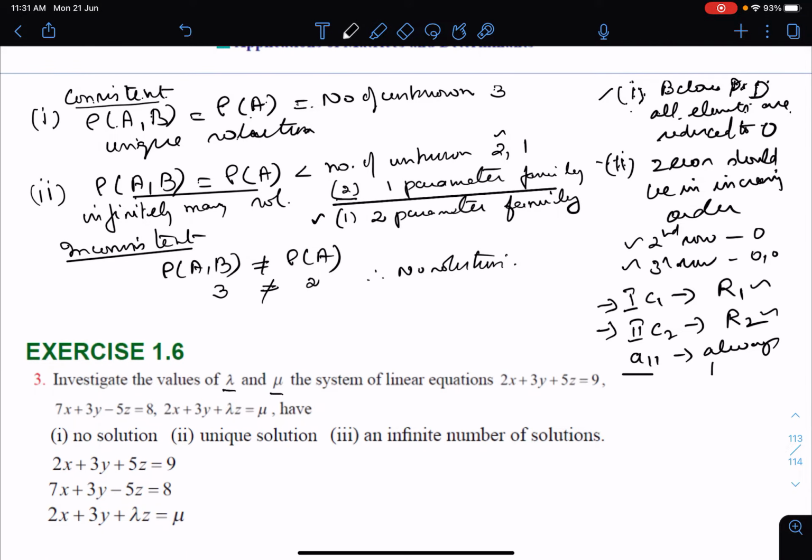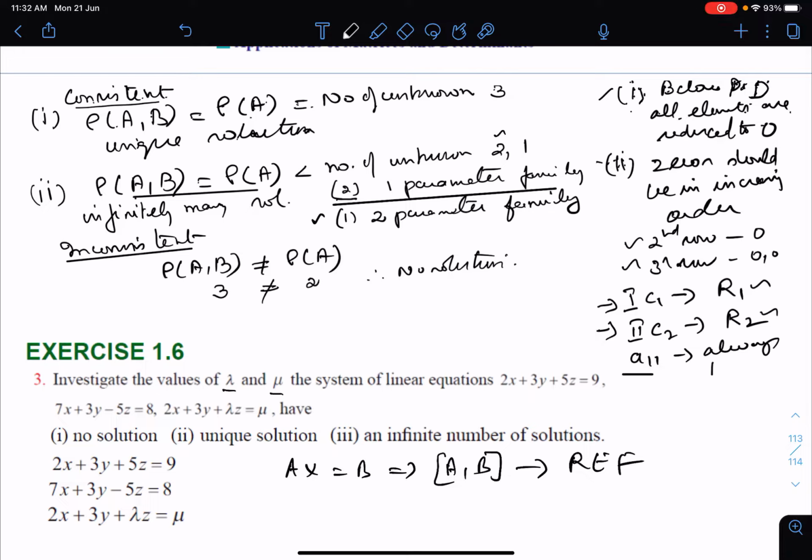So what we usually do, we write our AX equal to B, and then the augmented matrix AB we take and we reduce it to row echelon form. For row echelon form, below the principal diagonal, you bring all the elements to 0, and the 0s should be in increasing order starting from row 2. When you reduce column 1 to zeros, you get the help of row 1, and in column 2 you get the help of row 2, and the first element should be 1. If there is no 1 in the equation, no need to bother, you can proceed as it is. We need not worry about that also.